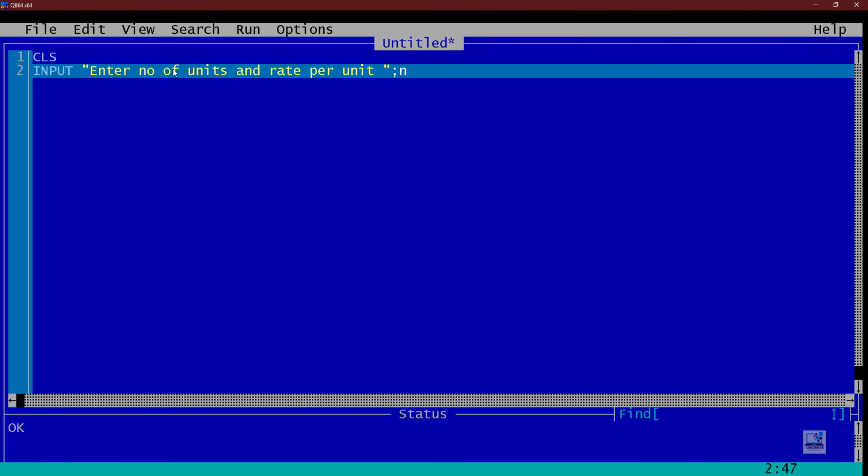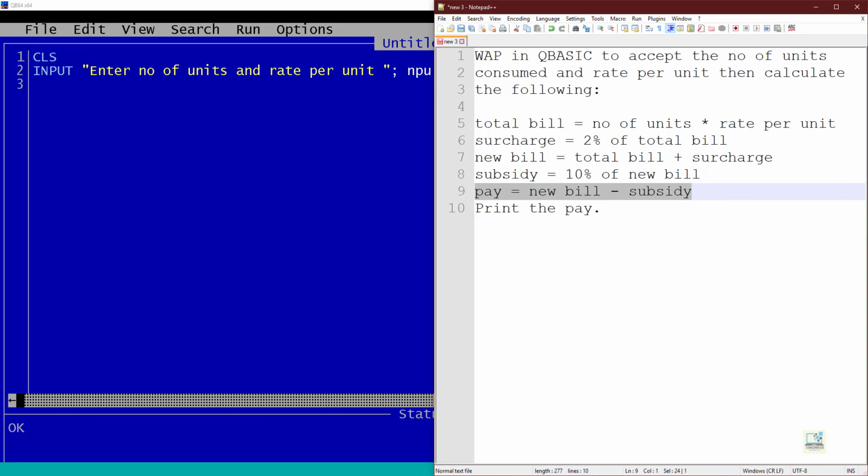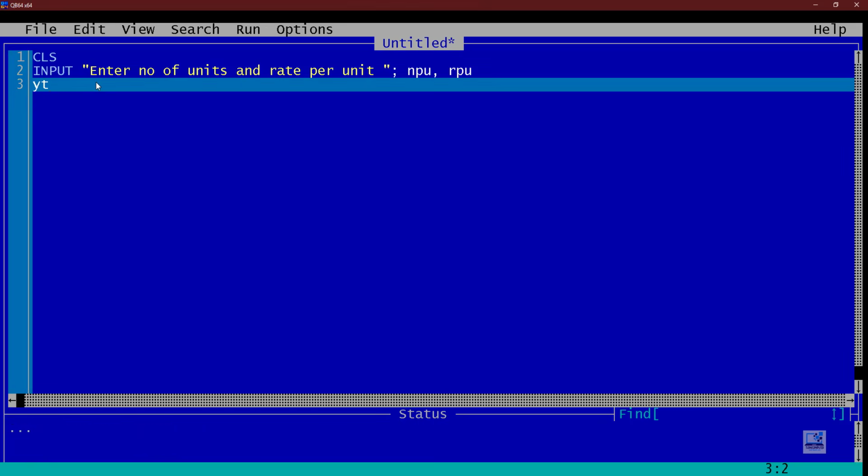Number of units we can write NPU, and rate per unit we can write RPU. Use short variable names. Okay, after that we have to calculate total bill. So we can write TB, total bill, equal to number of units, okay, asterisk rate per unit.